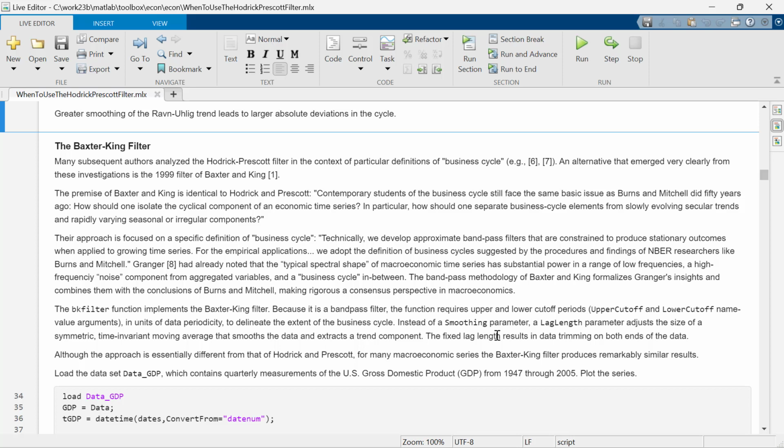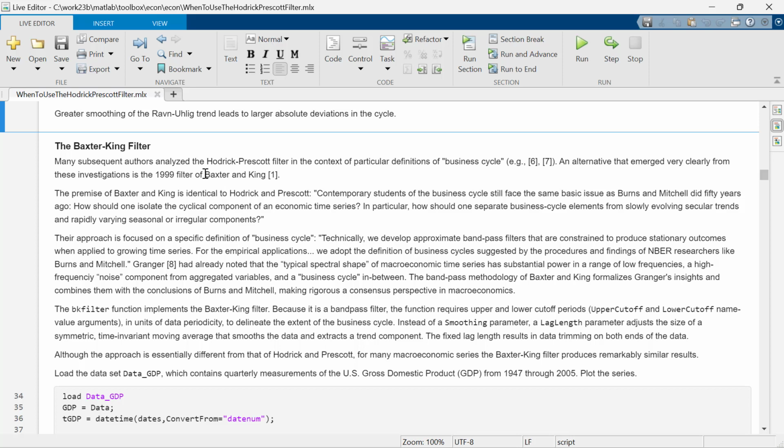Note that the Hodrick-Prescott filter never did try to define what a business cycle was. It was just focused more on smoothing and defining the trend in the data, and passing all the higher frequency components into what was left over, called the cyclical component. It wasn't trying to match some definition of business cycle, and that's what generated much of the discussion after the Hodrick-Prescott filter came out. There were a lot of papers written about the Hodrick-Prescott filter and alternatives to it.